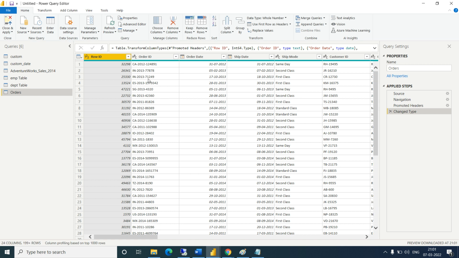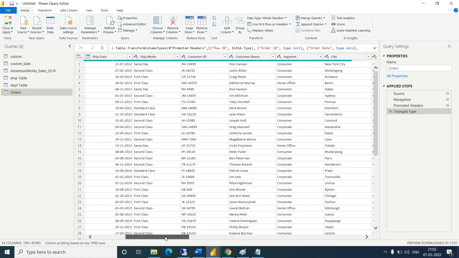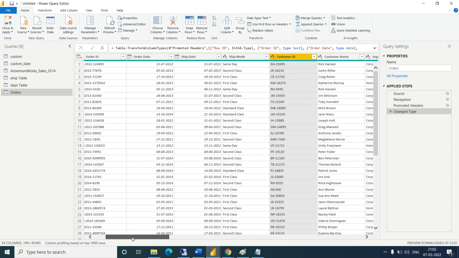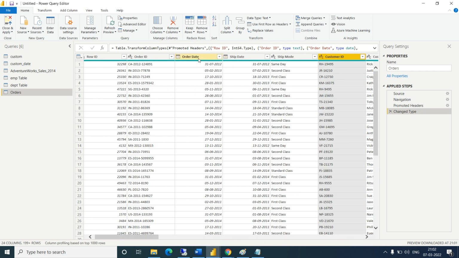Okay, so customer wise, monthly income, right? So we have customer name, customer ID we can say. Okay, so customer wise, month wise. So month we need to extract from the order date. We don't have a separate column for the month. We need to extract the month from the order date. How to extract?